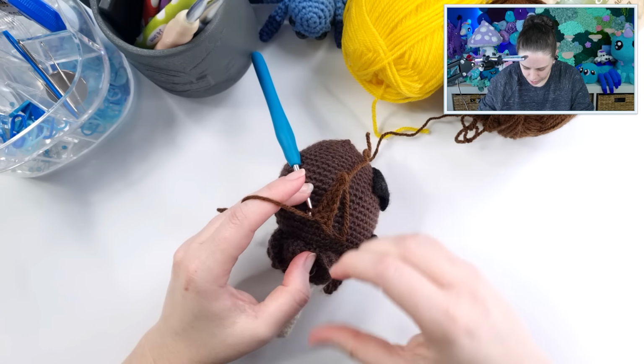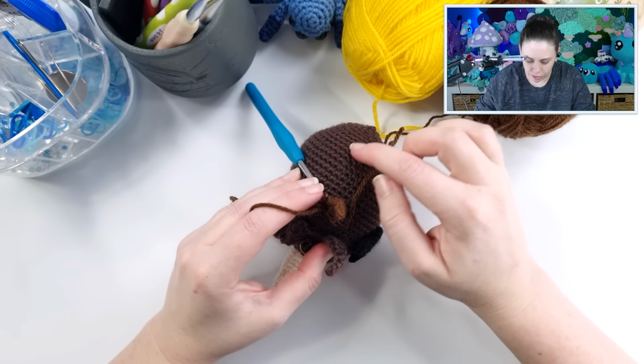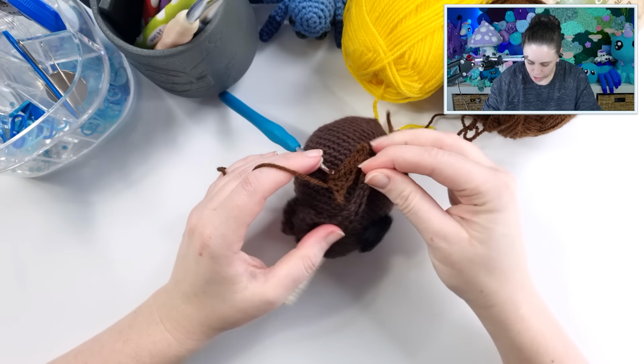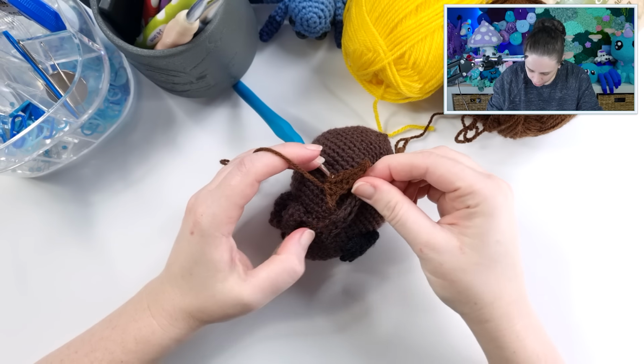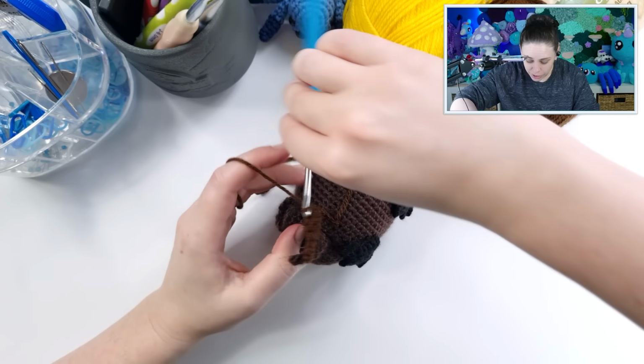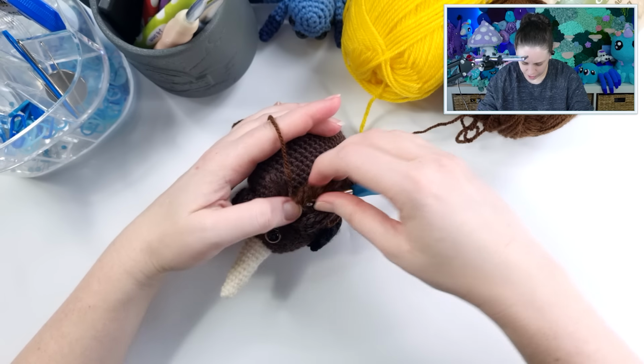Now for the comparison, yeah, I mean, that's pretty similar. They're going to look a little bit different just because I believe this brown yarn that I used originally was a thicker weight, so that's definitely going to change the size a little bit, but for the most part, yeah, that looks fairly accurate. So I'm just going to continue on with that. I'll do this first set of spines,